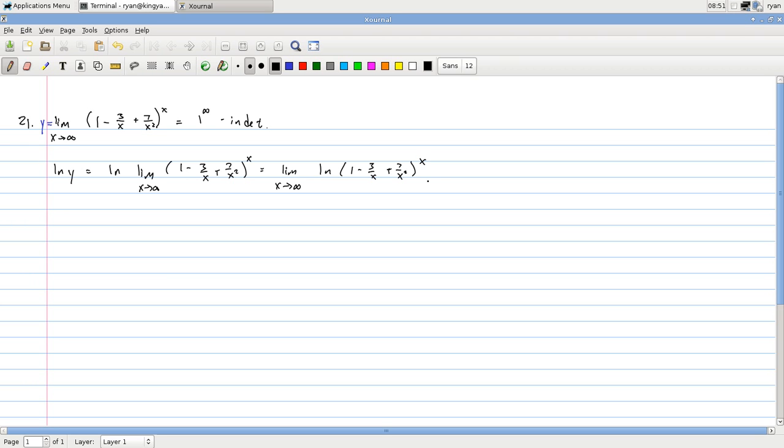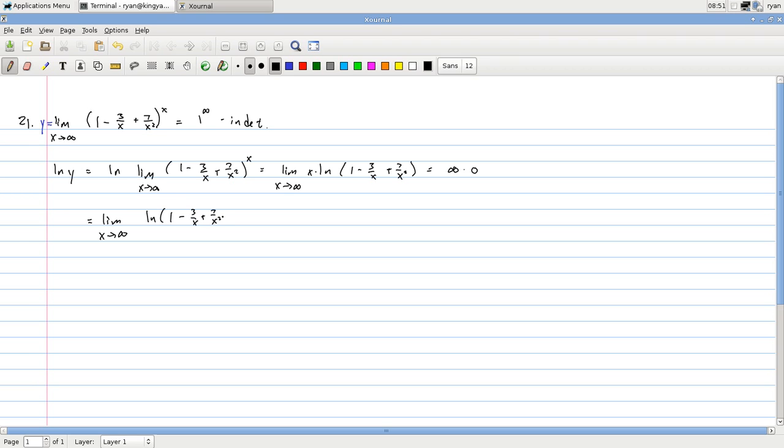Then we can use our power property for logs to take this x and bring it down in front of the natural logarithm. Evaluating by direct substitution again, we see that this looks like infinity times 0, and this is another indeterminate form. So we'll evaluate the limit by moving the simpler piece, in this case the x, into the denominator and trying again. So this looks like the limit as x goes to infinity, natural log of 1 minus 3 over x